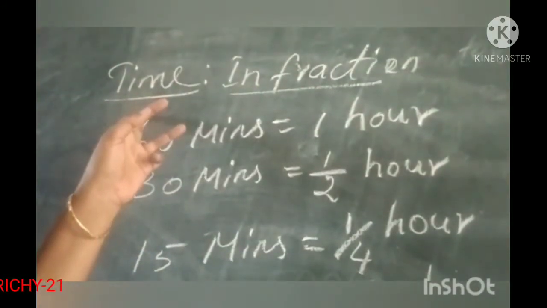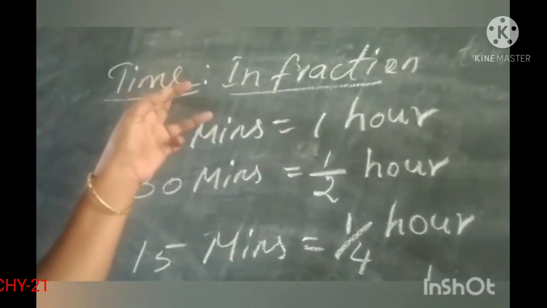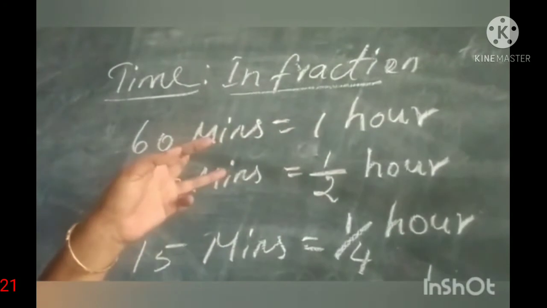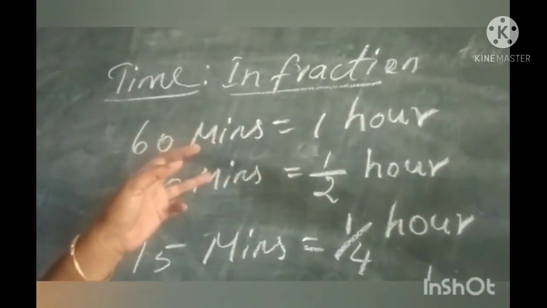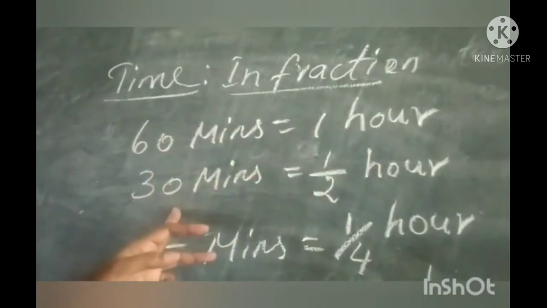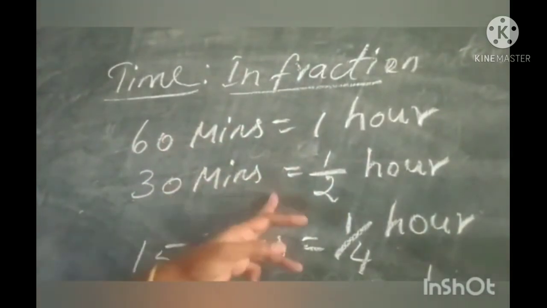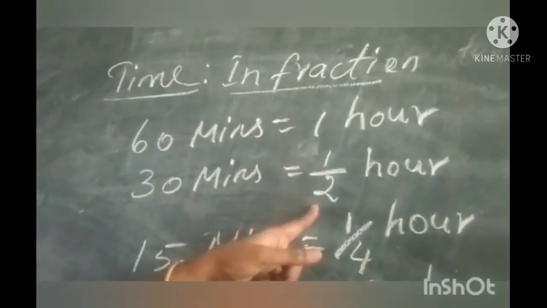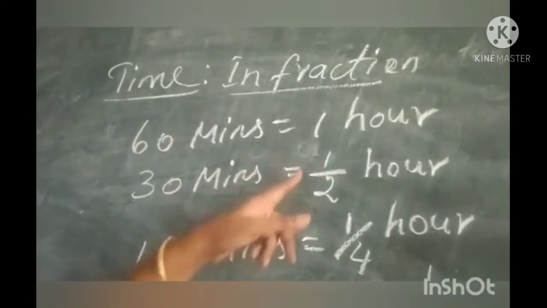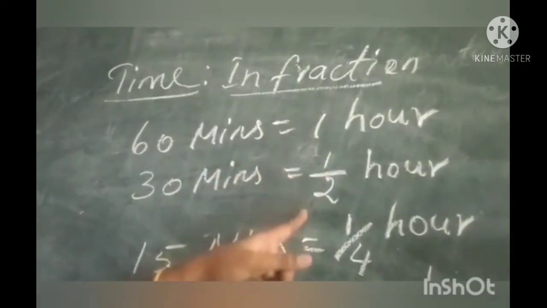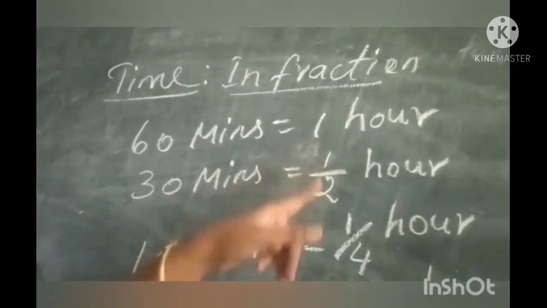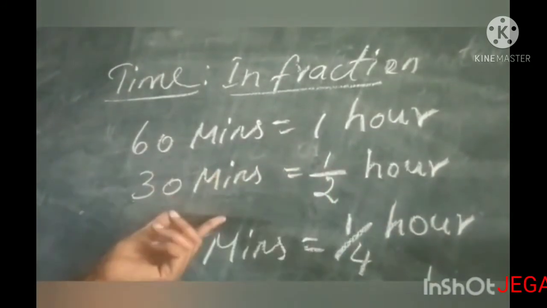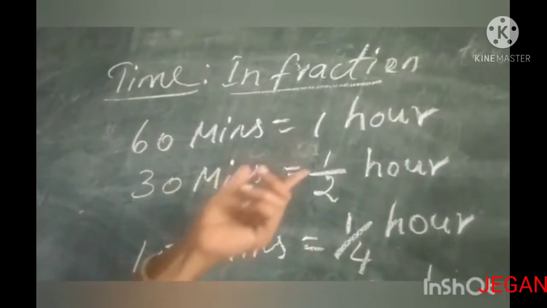In that time heading, you can use the fractions in measuring the time. Now listen, already we know that 1 hour equal to 60 minutes. So half of the 60 is what? 30 minutes. 30 minutes means that is half an hour, 1 by 2. This is a fraction. Numerator and the denominator having means that called a fraction. In that fraction, two parts are there, upper part and down part. Upper part is called a numerator, down part is called a denominator. So here 1 by 2 hour, that is 30 minutes. So you have to tell 30 minutes equal to half an hour.